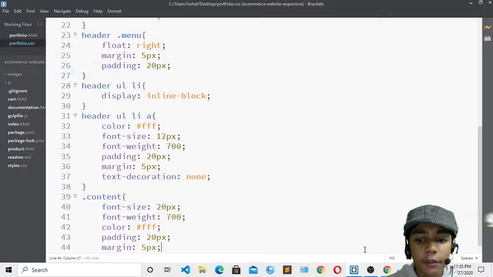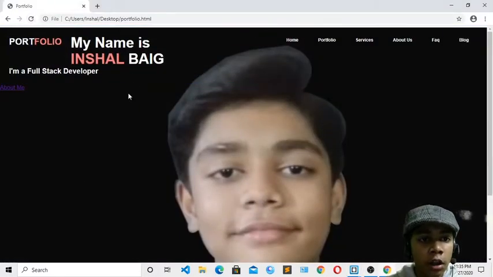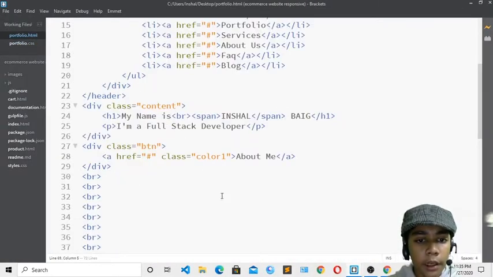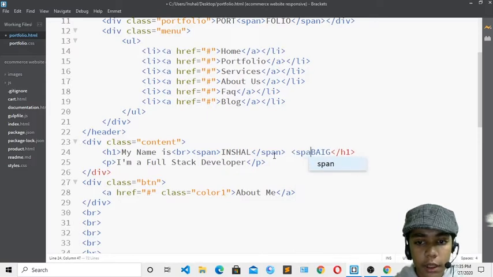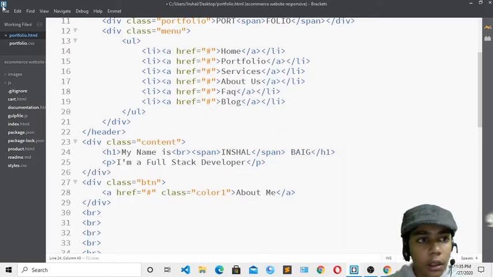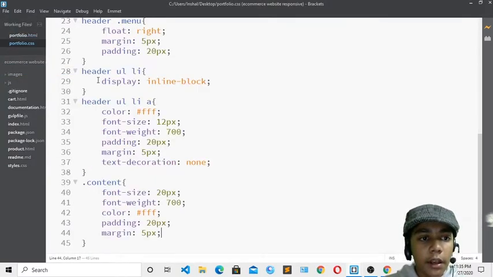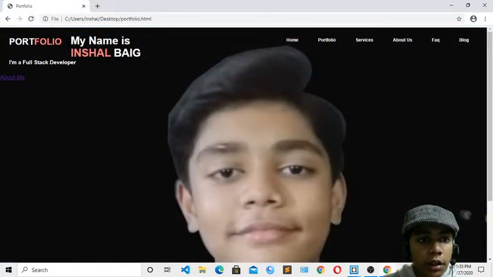So I will just save, and if I show you, now you can see how good it is looking. I will copy this break from here, okay. I will change it so that I will not give it the span tag, okay. I will save, and over here I will change its font size, okay. So I will give the font size of 15, okay. So it is perfect. Now you can see it is perfect over here, okay. So now it is looking good, okay.